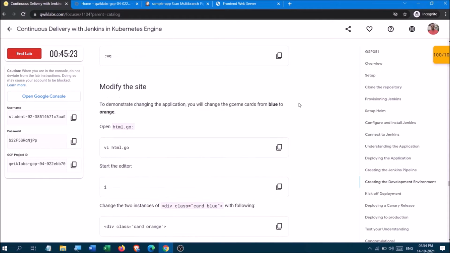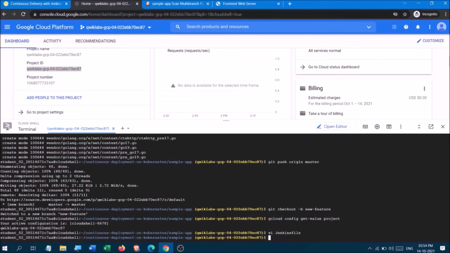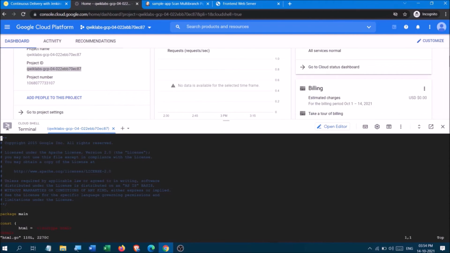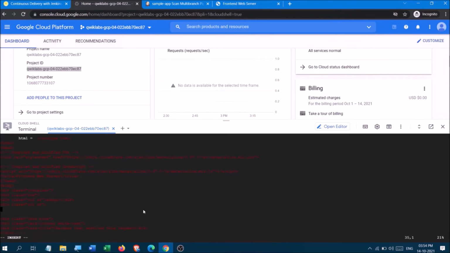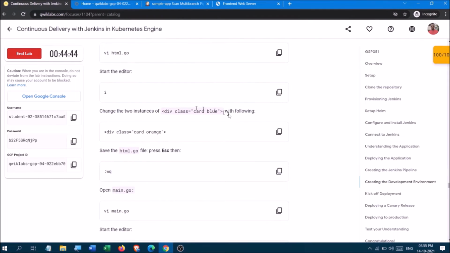Now we have to again modify the set. So here we are changing the card from blue to orange here. So copy it. Okay, click on I. I is compulsory, remember that. Without I nothing will work. Okay, so here is the card blue, orange. Okay, you have card blue to card orange.